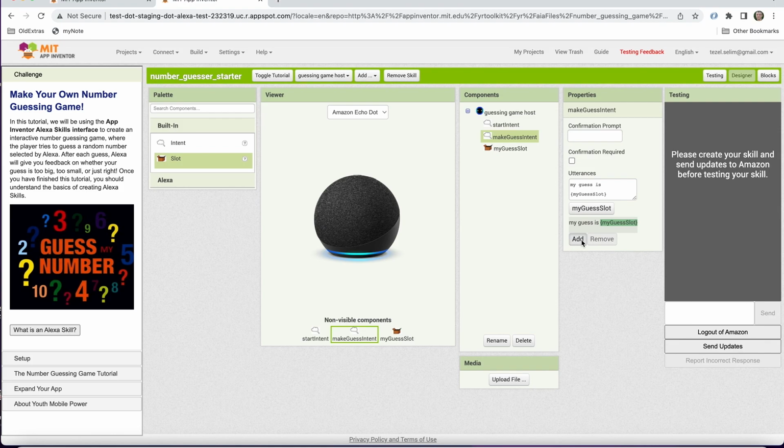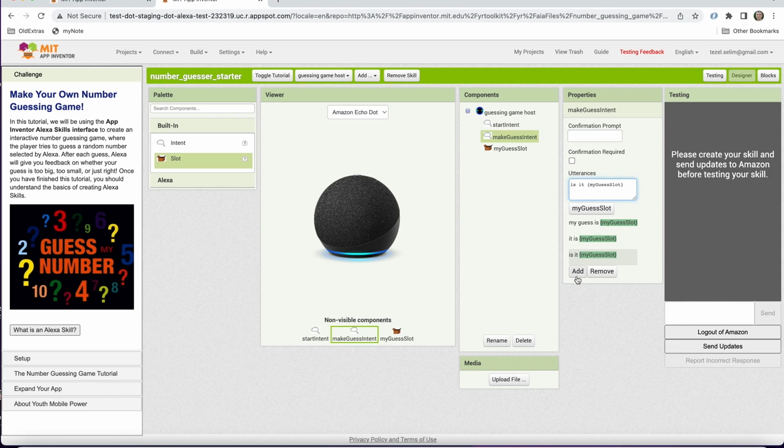Okay, so this is one way we could make a guess. Another one, we could just say simply, it is, and then, my guess slot. So that's another option. We could say something like, is it, and then get the my guess slot. Observe, if I want to put a question mark at the end of this sentence that looks like a question, Alexa is not going to allow me to do that. Okay, so it's okay. You can still say, is it 57, but you'll not be allowed to enter